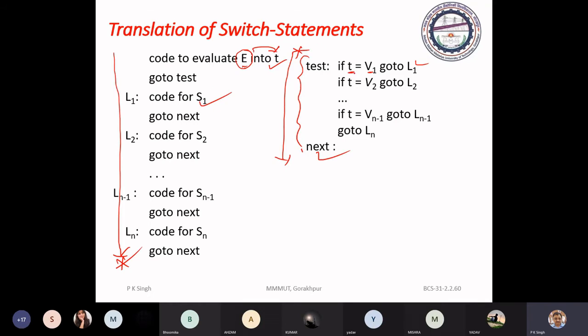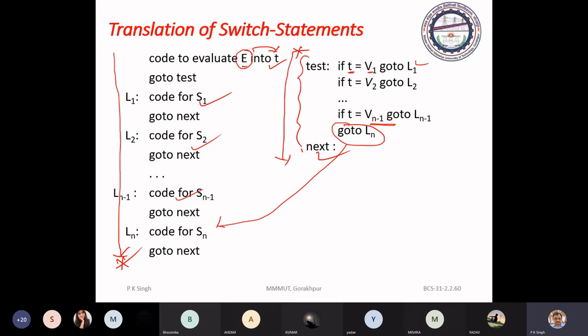If T is not equal to V1, it will test the next case, and if it matches, it will switch to that case, and it keeps on doing this. Finally, for the last cases Vn-1, if there is no match, you will see the unconditional goto, which switches to the default case, Ln. So this is one method.